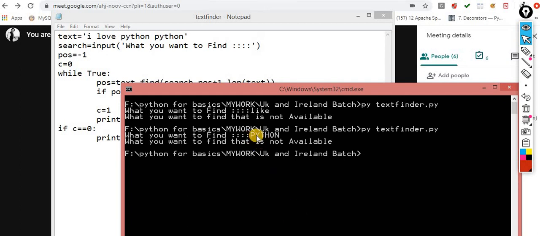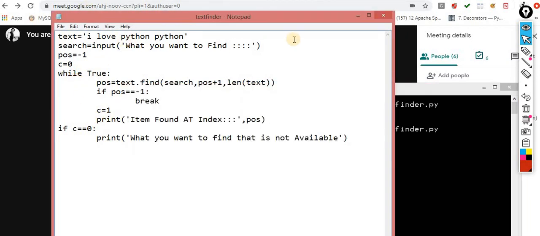Now your assignment is this one: you have to handle this. If I write this "python", it should give the message to the user, yes, Python is available. You have to ignore uppercase and lowercase characters and just match the word. Python is exactly matched; it doesn't matter whether it is in capital letters, title case or small letters. So anyone having any doubt, please let me know before closing this session.